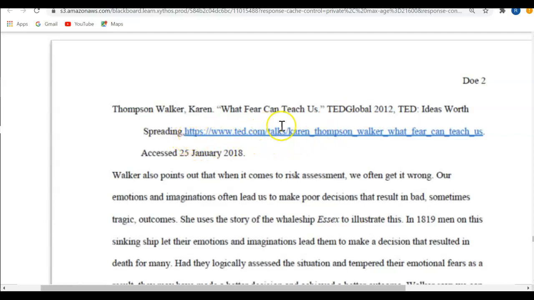Then there's a comma and the URL for that particular TED Talk, followed by the date of access. This is something in MLA format that is not required by all professors, but I do ask that you include the date of access for anything that you accessed from an online source. And you may not remember the day that you very first watched that TED video or that you very first read a particular article, but put something that makes sense, something that is between when the paper was assigned and